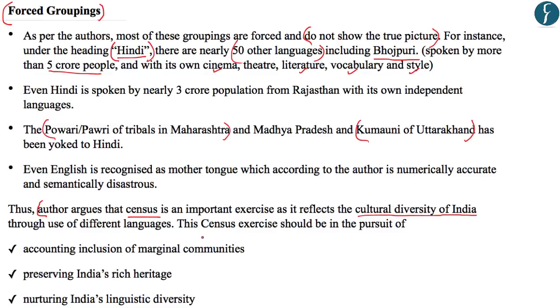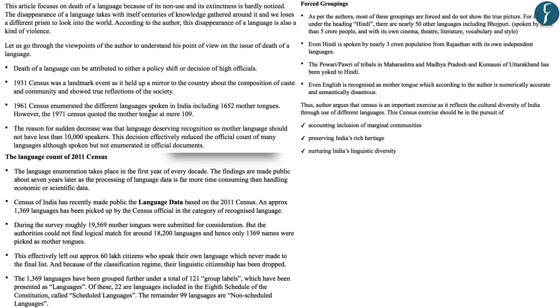India, and the collection of the census data should therefore take into account the inclusion of marginal communities, the preservation of India's rich heritage, and nurturing of India's linguistic diversity. So, now hopefully, you've understood the crux of this article that the collection of census data in India needs to